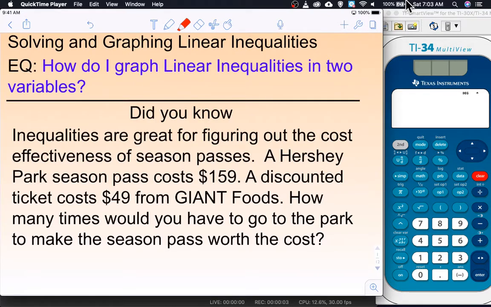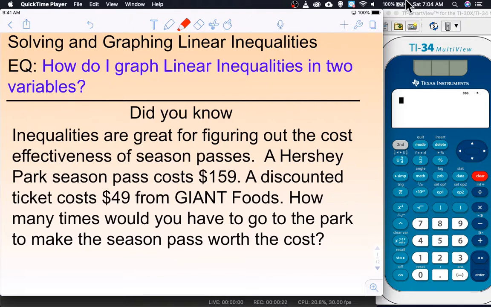Hello, and welcome to this lesson on solving and graphing linear inequalities. So these can be inequalities in slope-intercept form, so y equals mx plus b. We're going to have x's and y's. We're going to be graphing on a coordinate grid as opposed to just a straight number line, as we've been